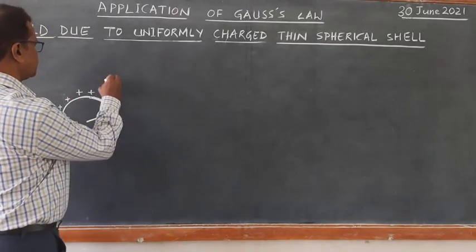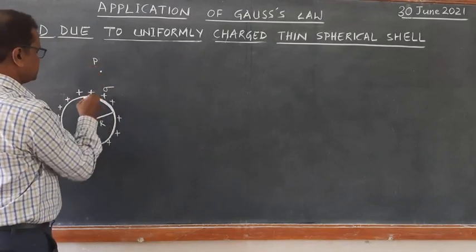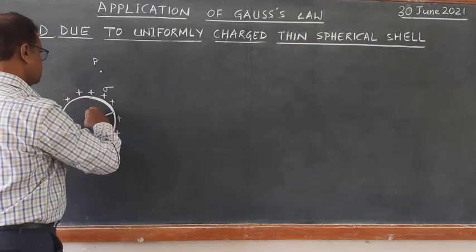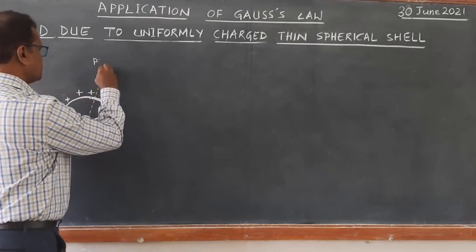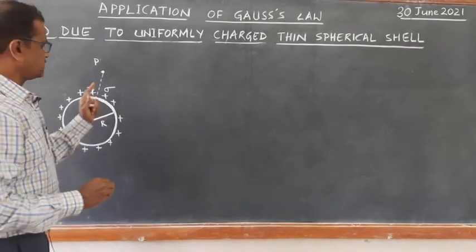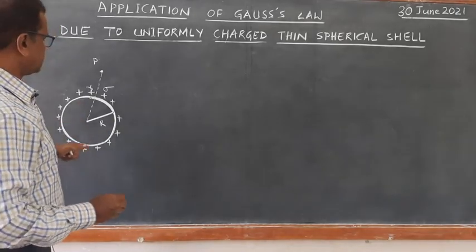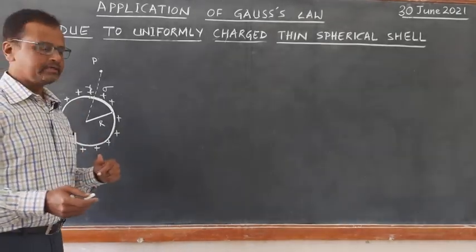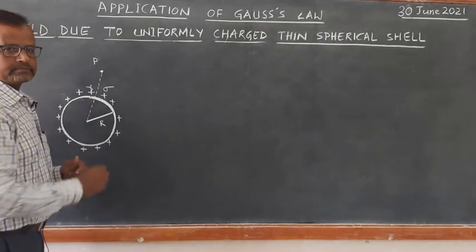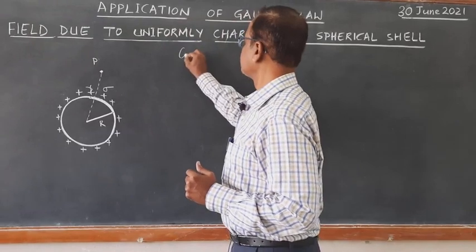Electric field at a point outside the shell at a distance, let us say, small r. We want to find out electric field at a distance small r outside this shell first. Then later we will find out what is the electric field inside the shell. Okay. Now consider